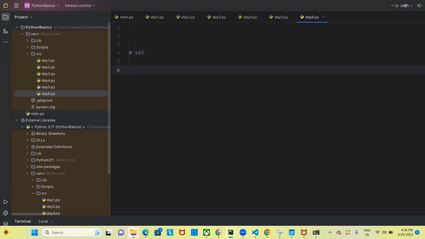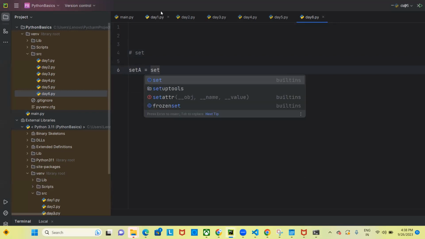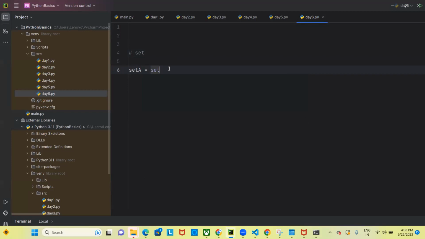You can define the set like this: set A equal to. You can define it with the constructor. So let's say set A equal to set, and you pass the values to it. Let's say you pass 11, 12, 34. So now this is the constructor, so you are creating the set with the constructor. The first thing about set is that it will not store duplicate values. If you try to store duplicate values, like passing 44 again here to the constructor,